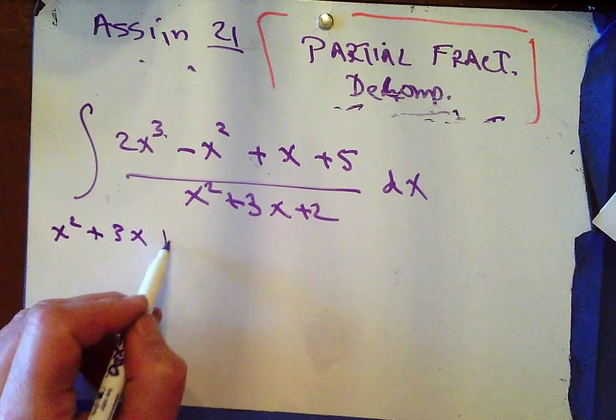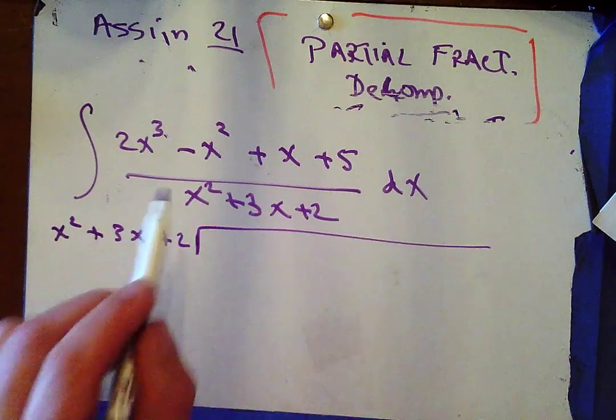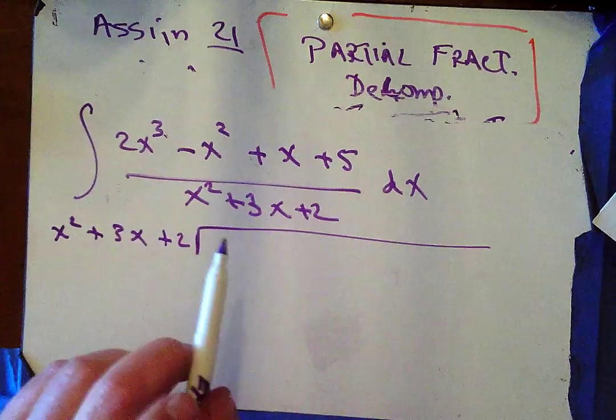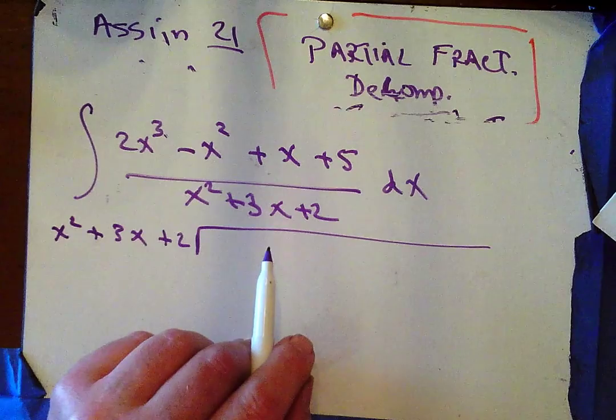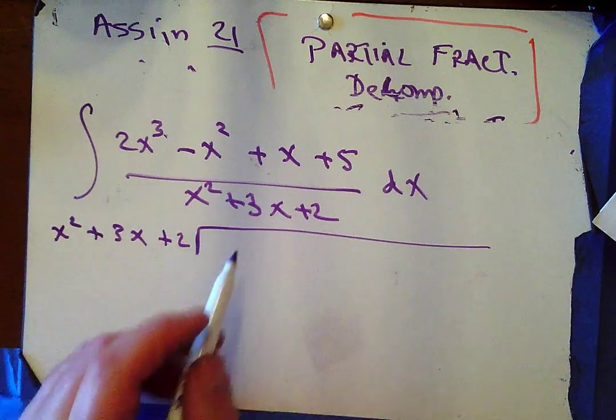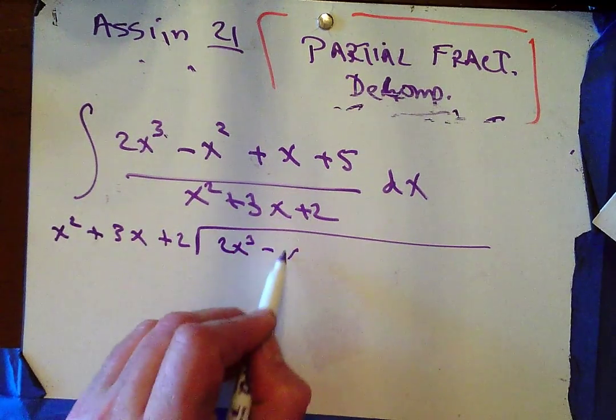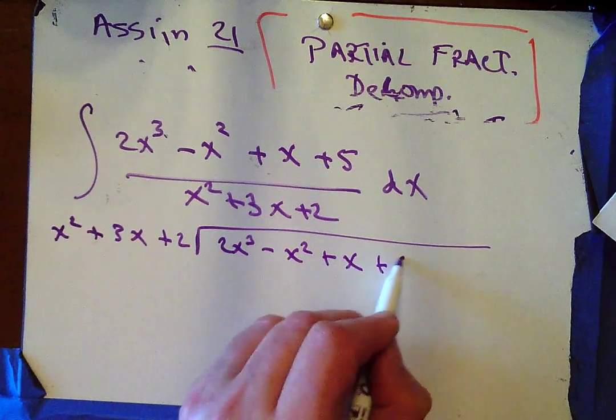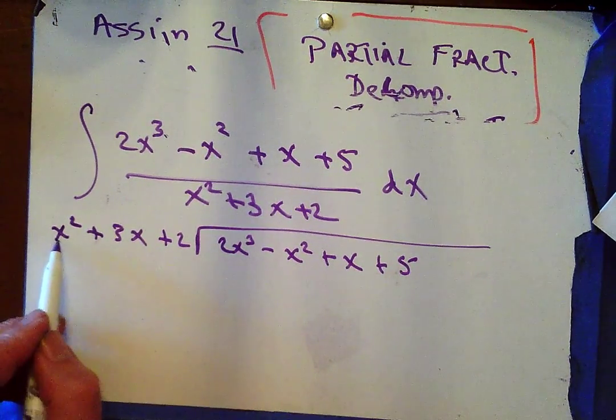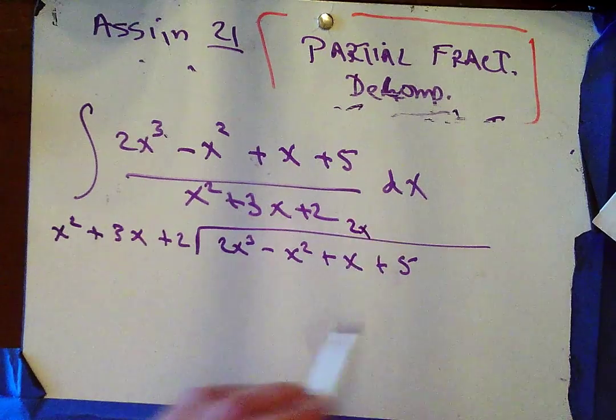Long division before I would even consider partial fraction decomposition. No, really. We divide 2x to the third minus x squared plus x plus 5 by x squared plus 3x plus 2. What do I multiply that by to turn it into that? 2x,